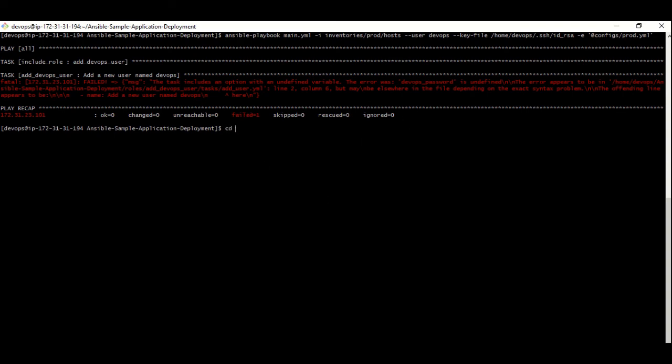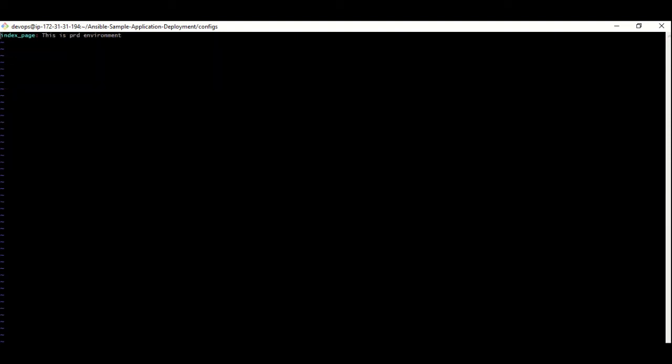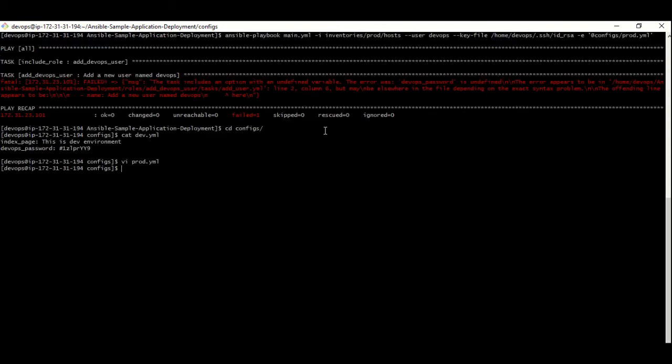In the config file, if you see cat, there is a DevOps password defined, but for prod it is not defined. That's why it failed. Let me put a random value, devops_password test. Okay, so I can run it again.